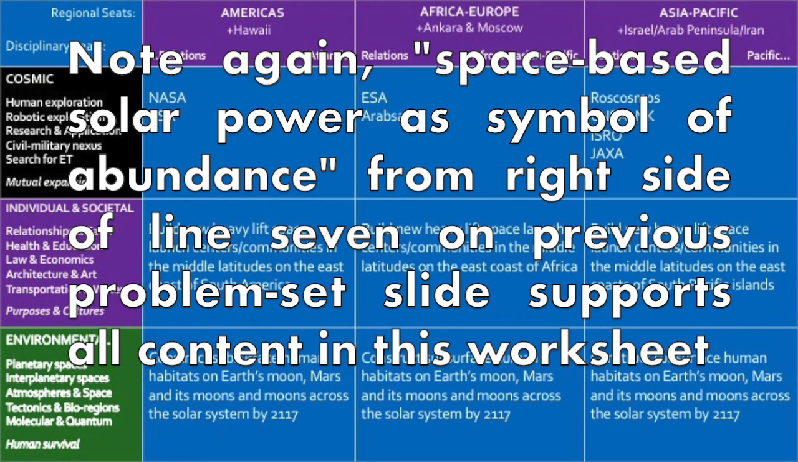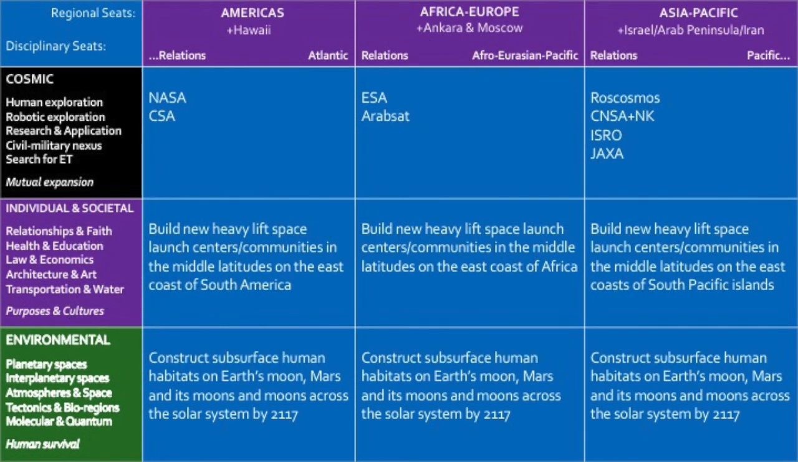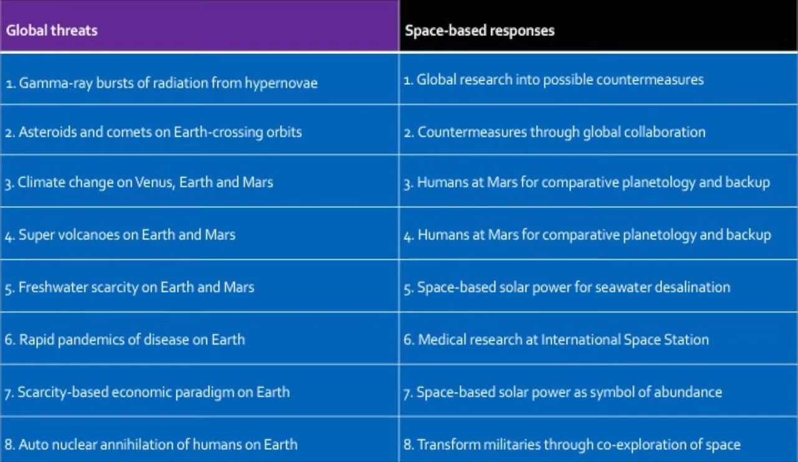I mean, I came out of high school in 1991. I'm 44, and I feel my generation has been squandered, sacrificed, lost. So I don't want to see that happen to generations coming behind me. Doing that, becoming a solar system civilization by 2117, thereabouts, should be able to prevent number 8, auto-nuclear annihilation of humans on Earth. We need to at least give future generations